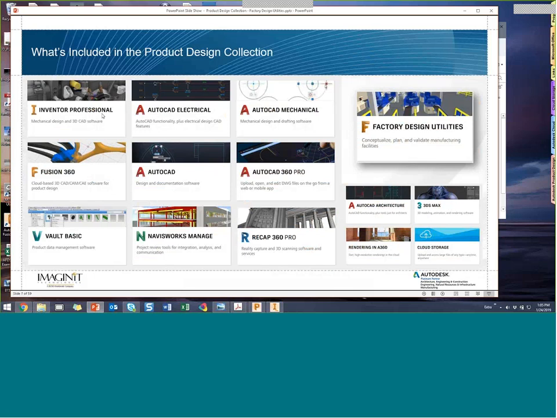Inventor is the core 3D modeling tool at the heart of the product design collection. AutoCAD is certainly there. All flavors of AutoCAD are available: AutoCAD Architecture, as well as AutoCAD Mechanical and Electrical. Even if you wanted to get AutoCAD on your mobile device and carry that out in the field, all of that is included. Of course, the new Fusion 360 workflows that are becoming available are included,